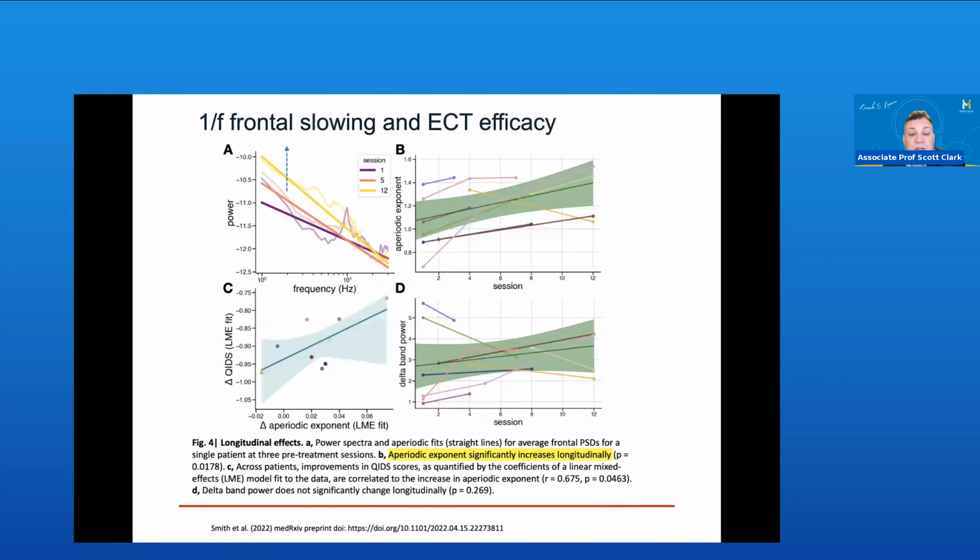Interestingly, we can see a trend in ECT where with repeated treatments, there is also an increase in the aperiodic waveform, suggesting that lower frequencies increase. So we can see this